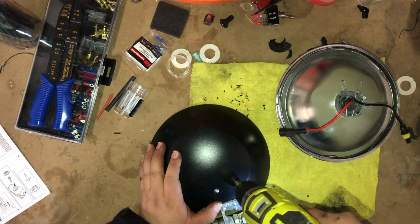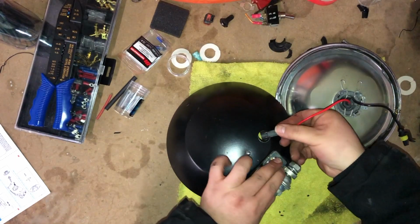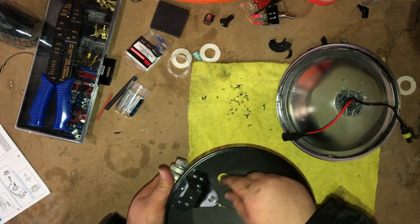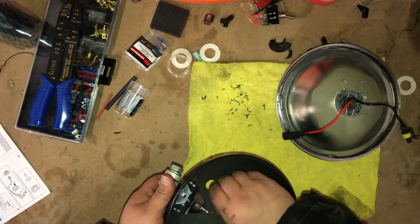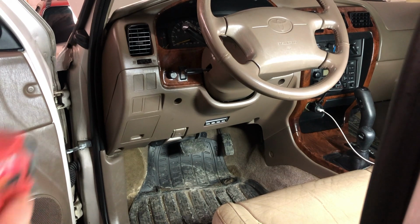Oh, almost. Perfect. I'm gonna quickly put a little bit of paint on this. For the sake of rusting, I really don't want this to rust, but I'm gonna go quickly do that, and we'll continue. All right, so while I'm on the paint dry on that cap,